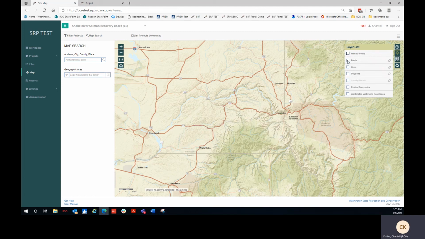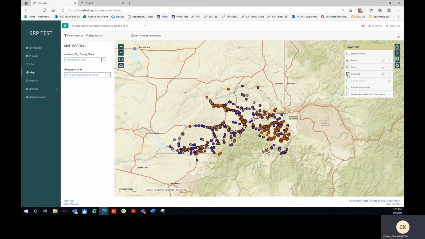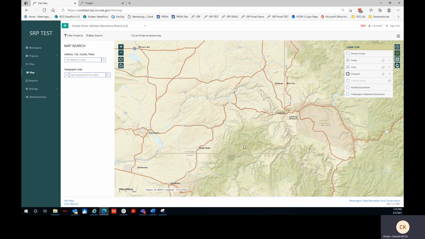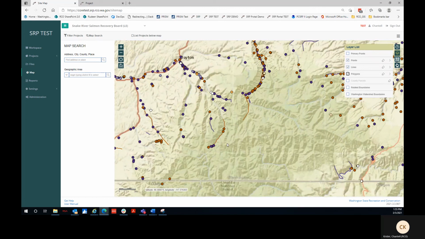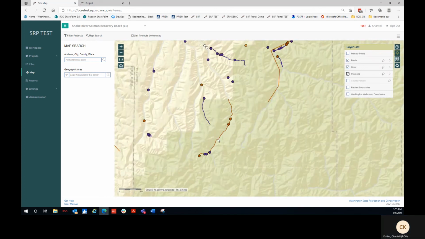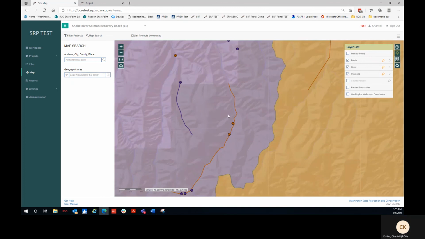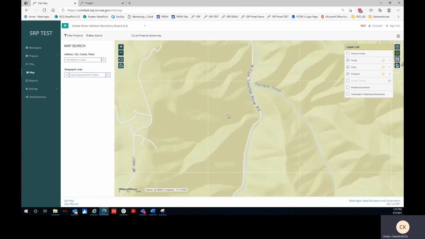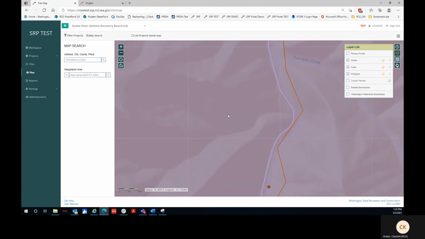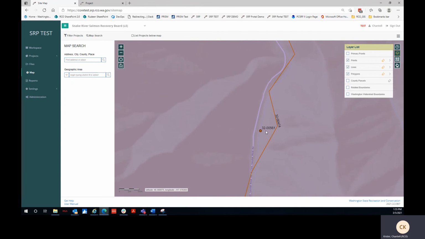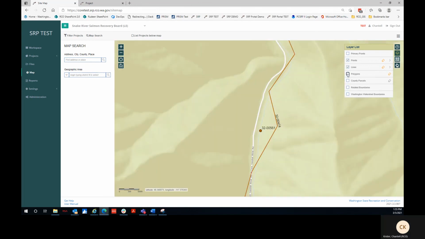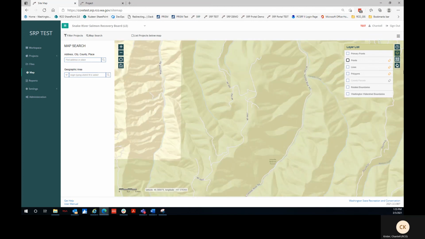But if I want to see the full list of points, lines, and polygons, I can turn those on and zoom in, and also label with the project ID numbers. These are the ID numbers for each project. Turning labels off